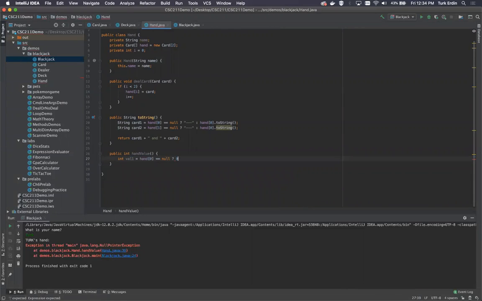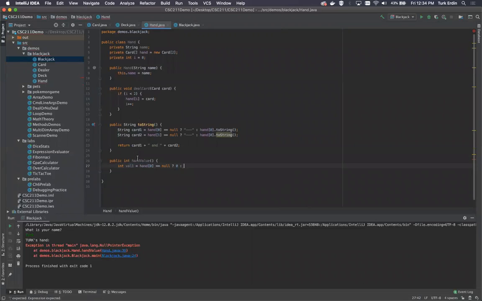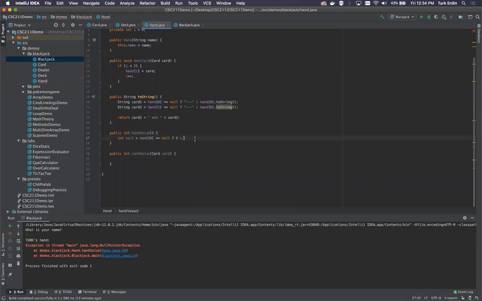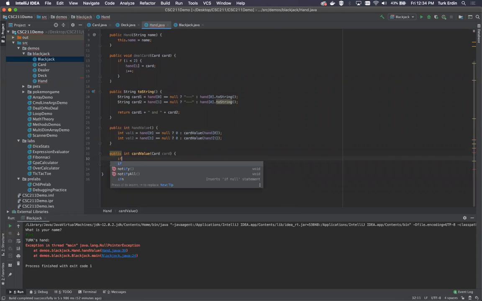If it's null, then this is 0. Otherwise, public int card value of card. So way better than what I did in the previous class. I don't know why I didn't think of this then. Card value of hand at 0. So if this card is not null, then we're going to send that in. And we're going to do the same thing for value 2, with hand index 1. And here we're going to say if